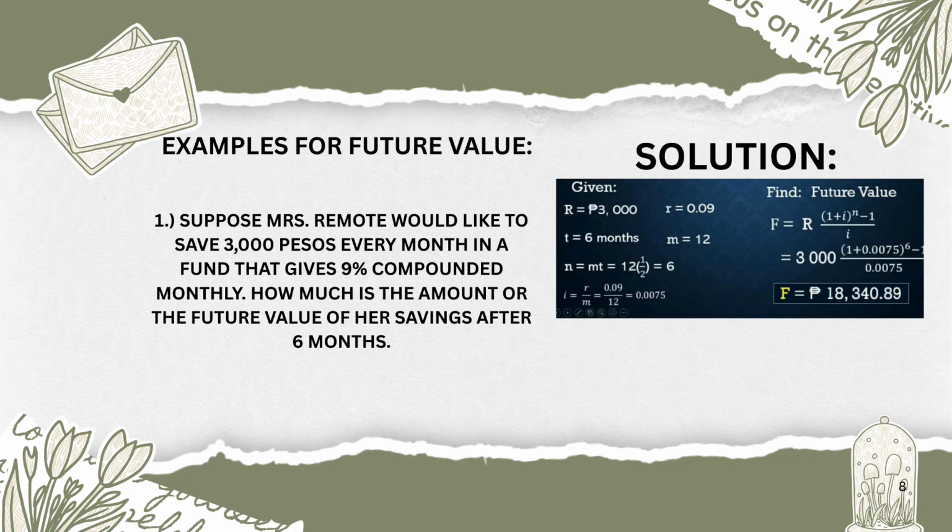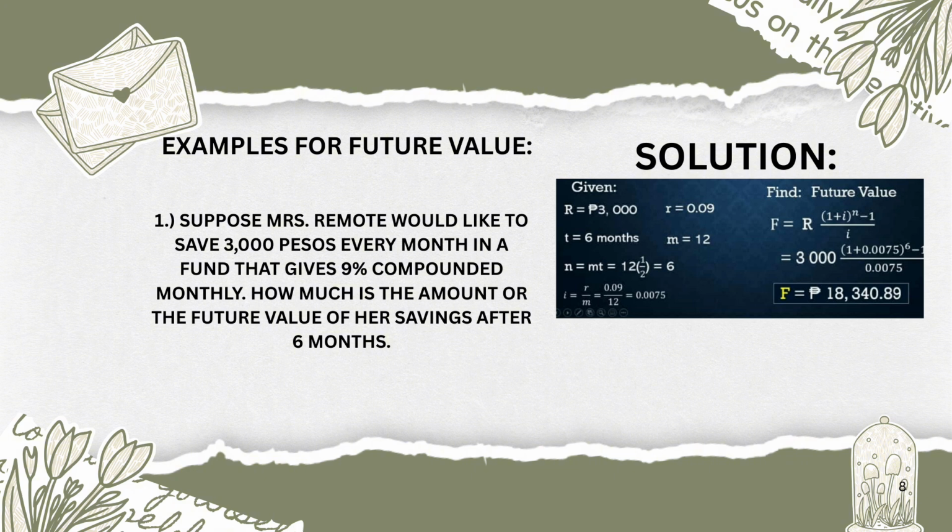And next, I'll be providing examples for the future value. Suppose Mrs. Remoto would like to save 3,000 pesos every month in a fund that gives 9% compounded monthly. How much is the amount or the future value of her savings after 6 months? Now for the given: R equals 3,000 pesos, r equals 0.09, m equals 12, t equals 6 months, and n equals m times t, which is 12 times 1/2 equals 6. And i equals r divided by m, or 0.09 divided by 12 equals